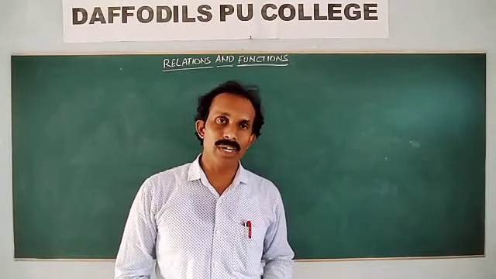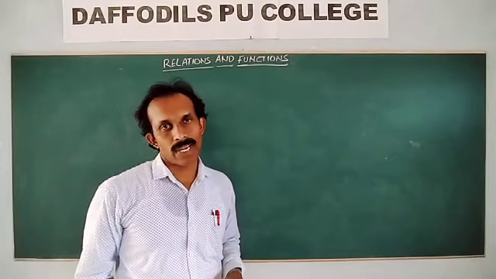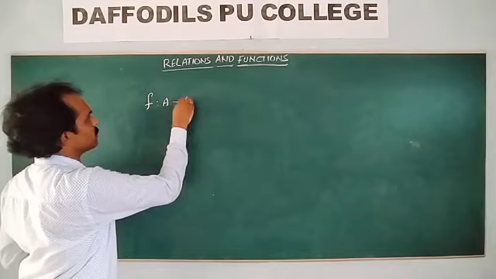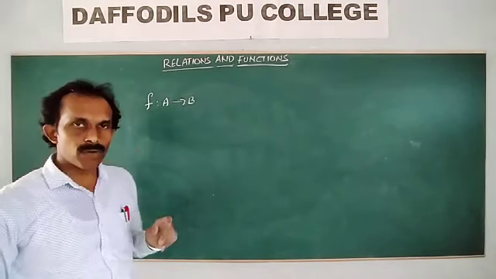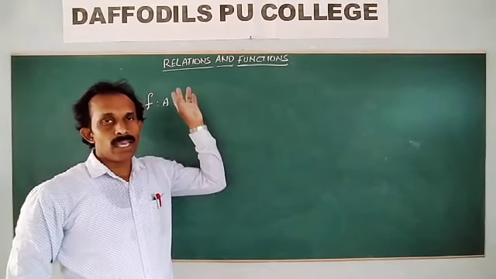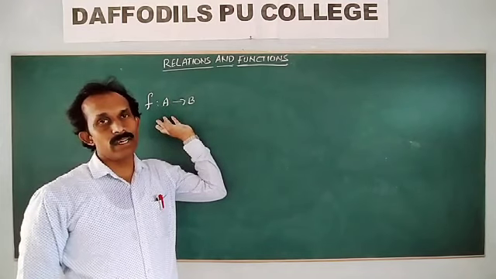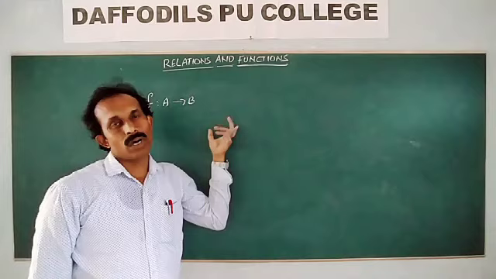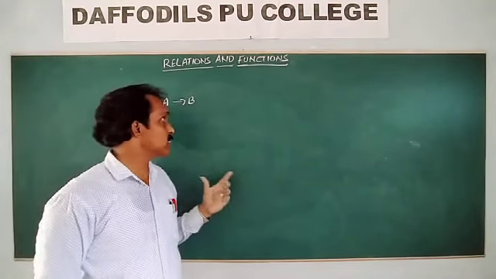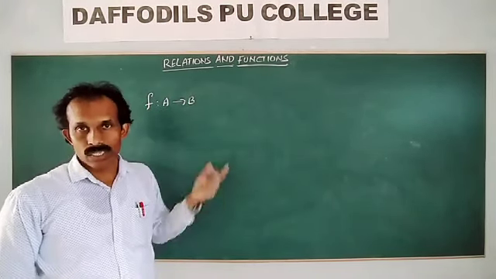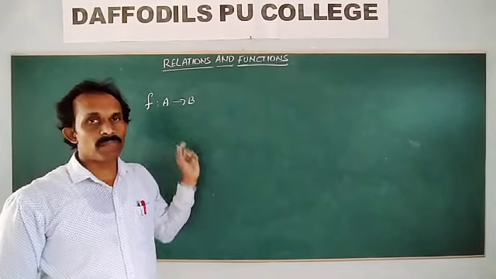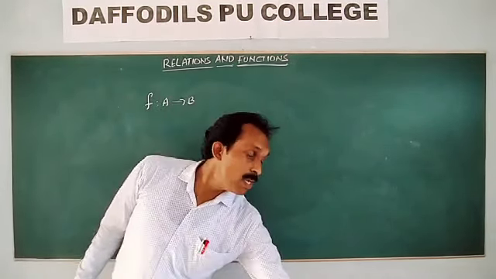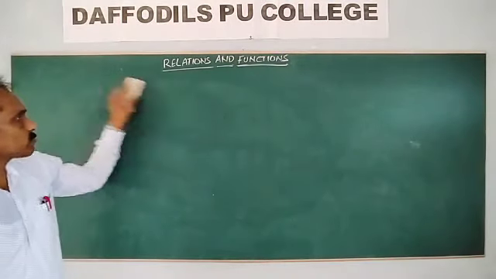Onto function. What is an onto function? For every element of the codomain, there exists at least one element in the domain, such that f of x is equal to y. Understand? So that is the onto function. And bijective means f is both one-one and onto. It is a bijective function. And see one more example.